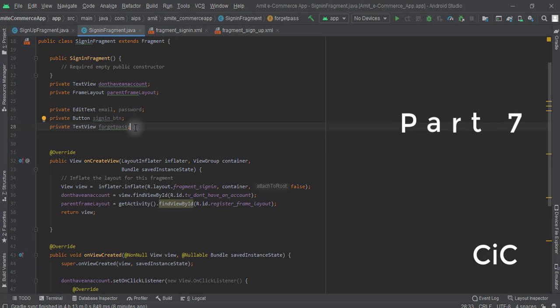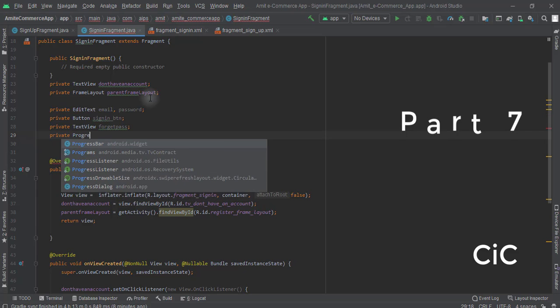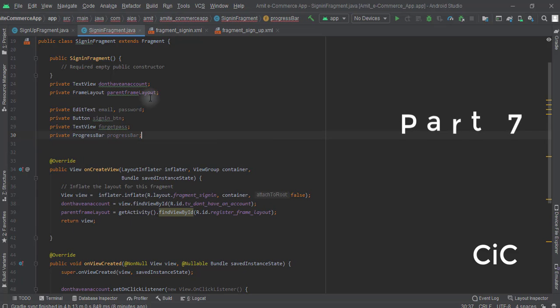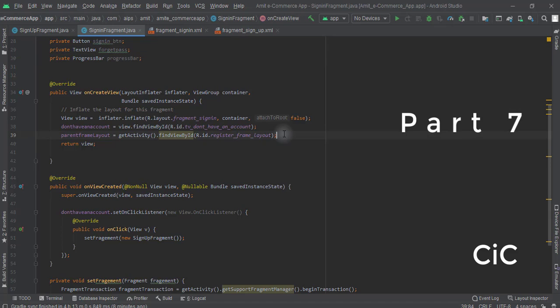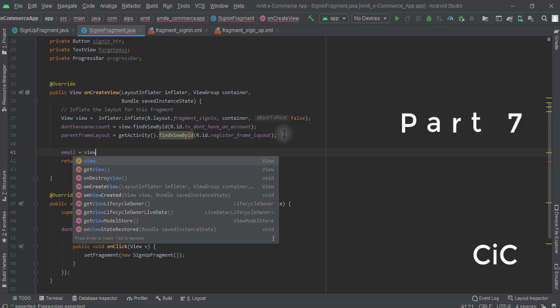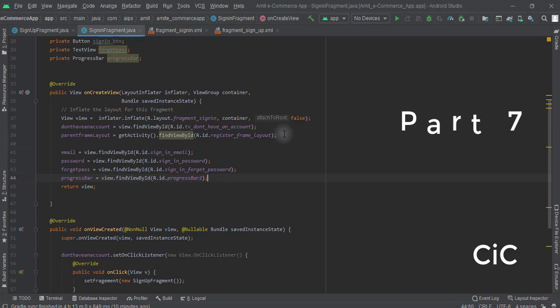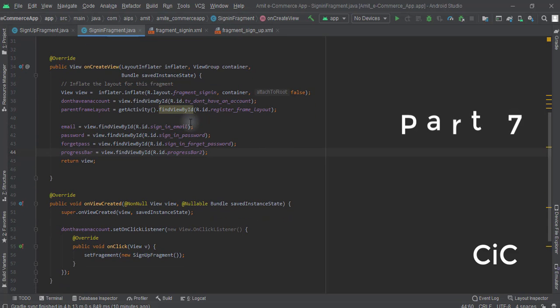So here you can see that I have defined the sign in button, the button which we will click, and then the text view for forget password, and let's define the progress bar, right? Okay, so now let's assign it by its ID. So first will be the email. Okay, so after successful declaration of all these, I mean assigning by ID, now what we have to do